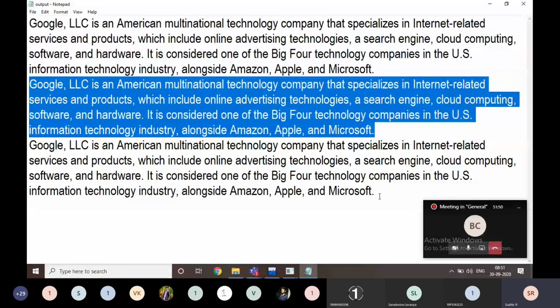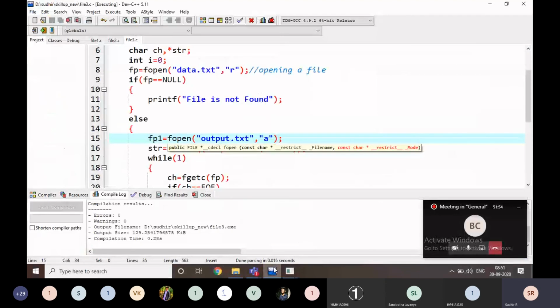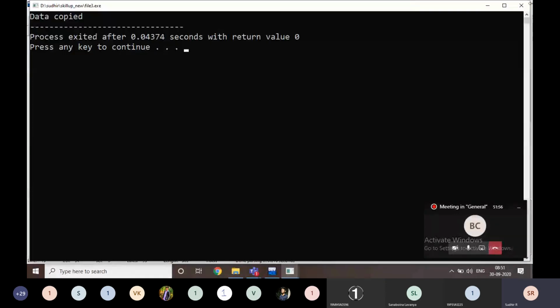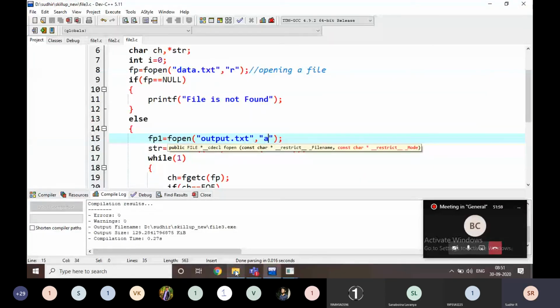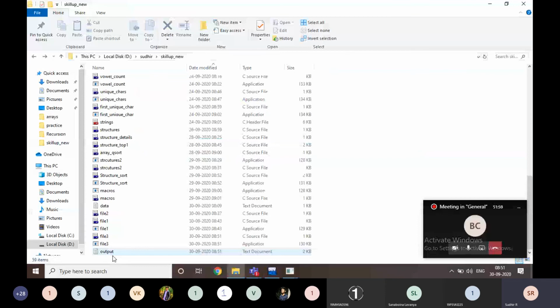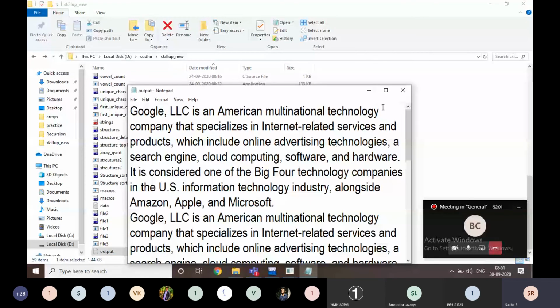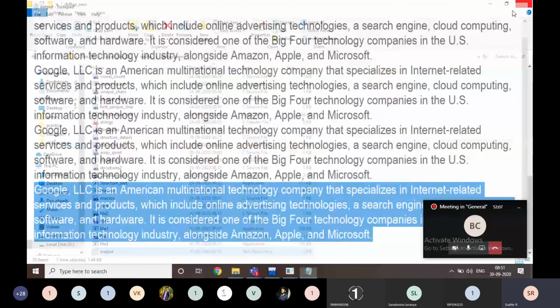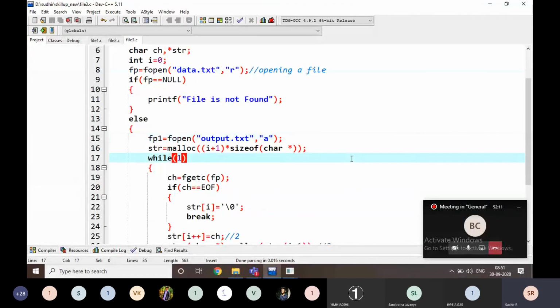If I execute it again, it is copying for the 4th time also. That is the difference between append mode and write mode.